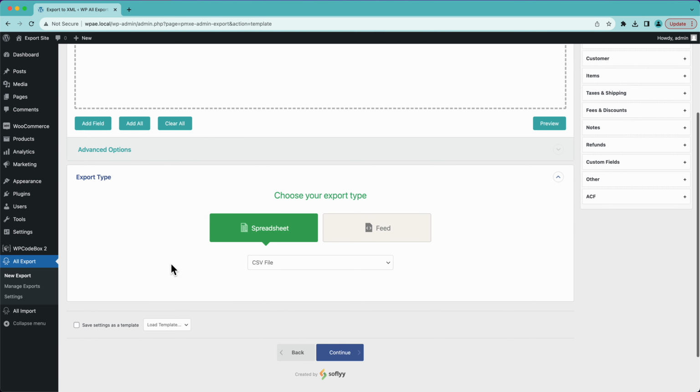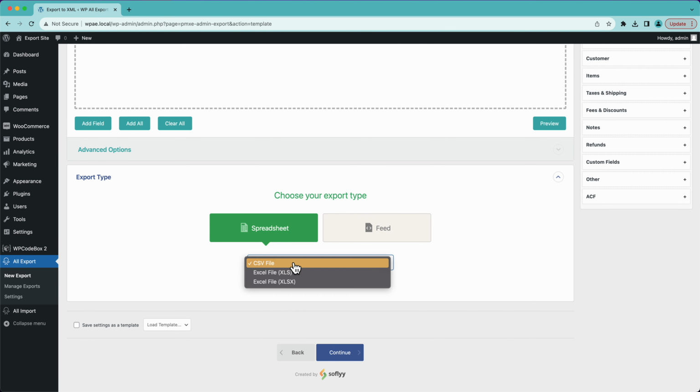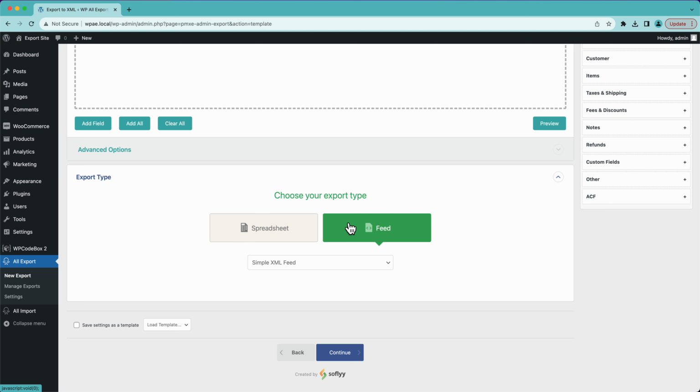And then down here, we have our export type. So you can choose a CSV file or the 2 different Excel file options that are available. These are pretty much identical. Maybe you care, maybe you don't. Doesn't really matter. If you're interested in exporting to XML, we have XML available,